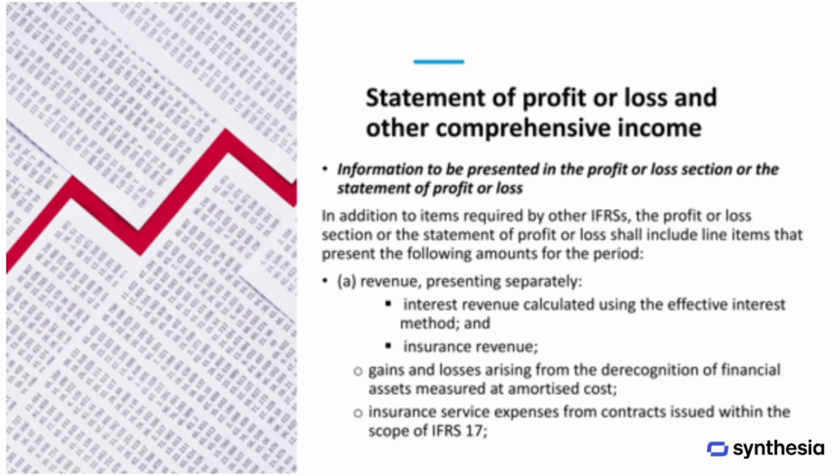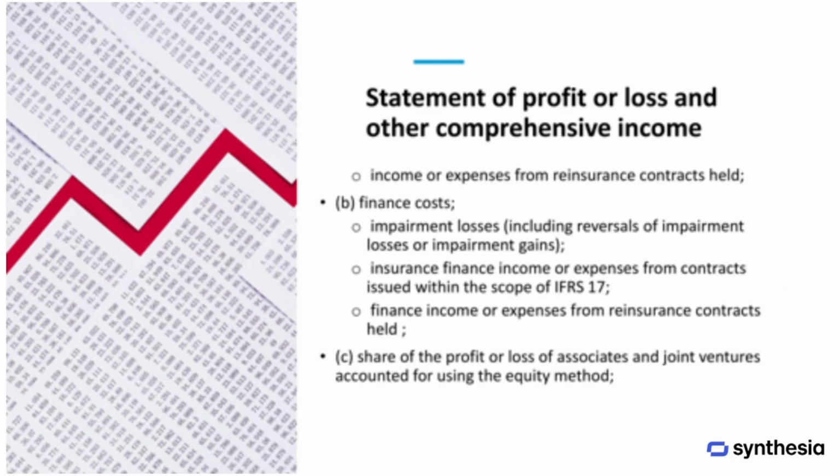Insurance service expenses from contracts issued within the scope of IFRS 17. Income or expenses from reinsurance contracts held, finance costs, impairment losses, including reversals of impairment losses or impairment gains, insurance finance income or expenses from contracts issued within the scope of IFRS 17, finance income or expenses from reinsurance contracts held,